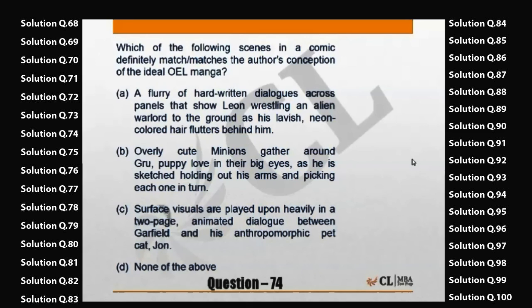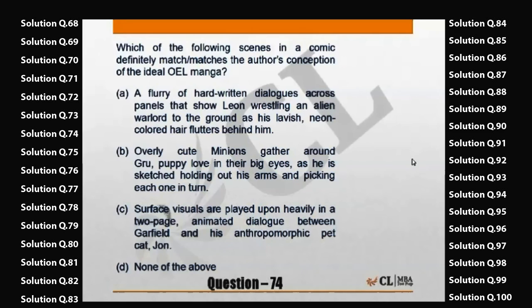Option C reads: surface visuals are played upon heavily in a 2-page animated dialogue between Garfield and his anthropomorphic pet cat John. Anyway, that's interesting. And then there's an option which says none of the above. Now the point here was that this question was aimed at confusing you because it goes along with the passage